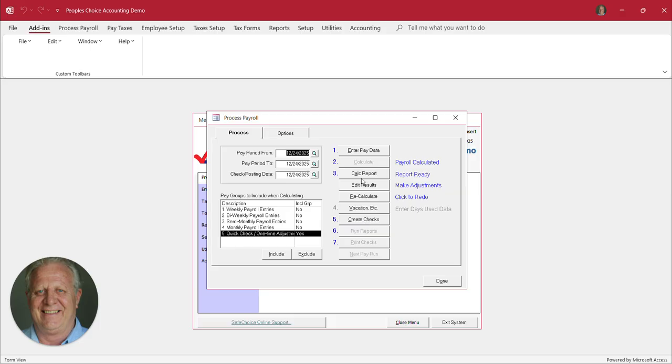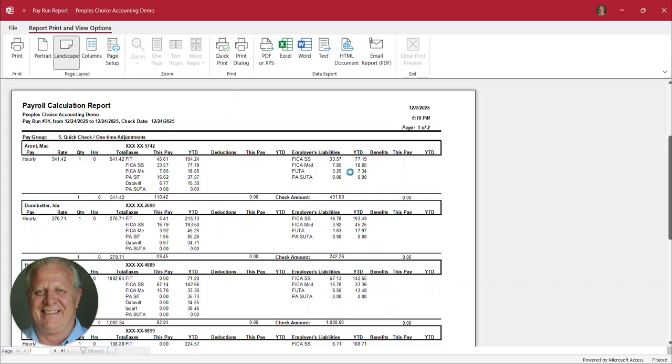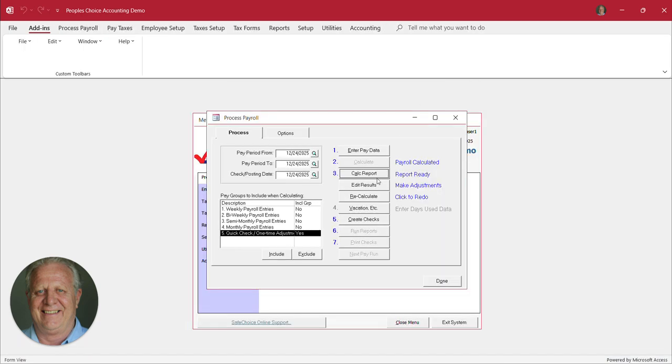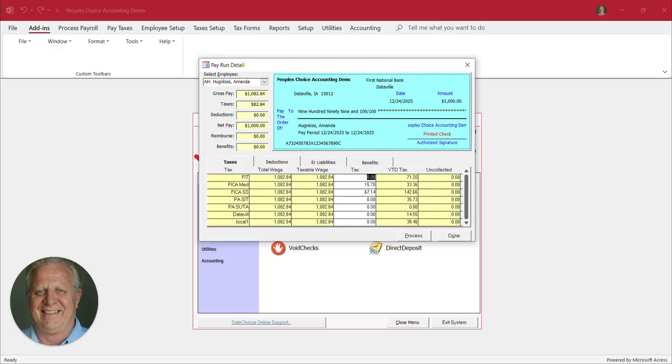Now it is going to create, besides the Social Security and Medicare, the withholding for your taxes. And for the small amount of tax, usually most employers will just not withhold the federal or state taxes. So what you'll want to do is go into edit results, and for each employee you would go to the taxes, and we just zero out all the taxes except for Medicare and Social Security,